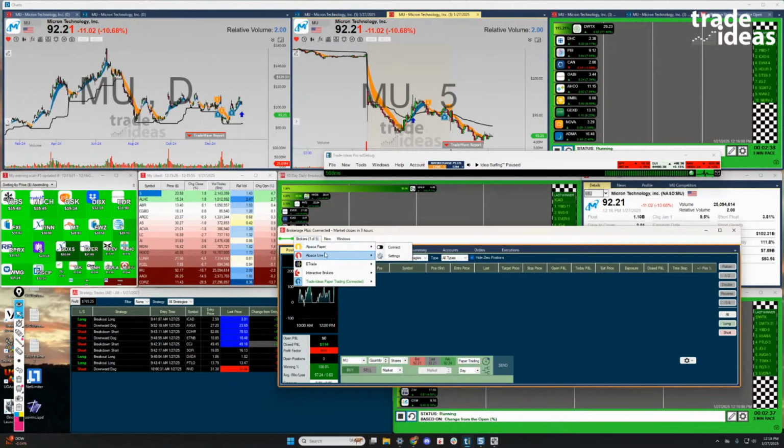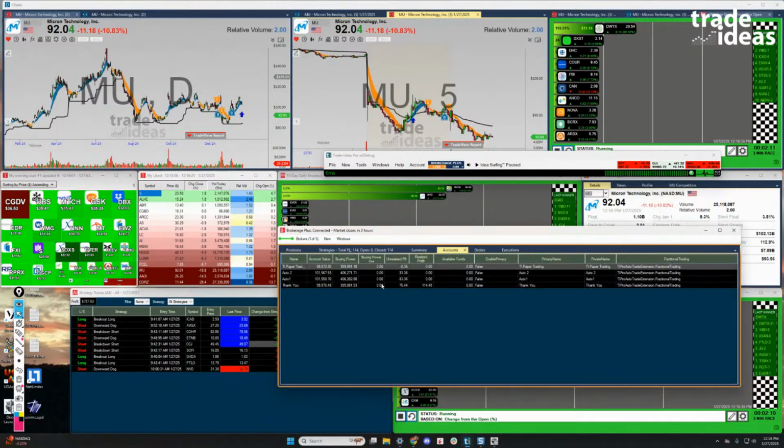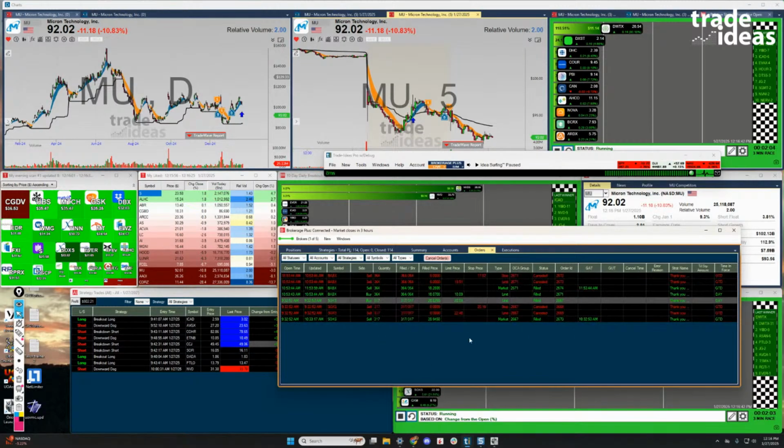You've got Alpaca, Live and Paper, E-Trade, Interactive Brokers, and a paper trader. You connect to E-Trade. It'll walk you through some steps for logging into E-Trade through the web portal. Once you have done that, any stock positions that you own will populate here in the Positions tab. Just make sure to check the filters up here, account, strategies, stuff like that, right? There's an accounts tab here where you can see information about your account. If you have any orders, you'll see them populate in here.